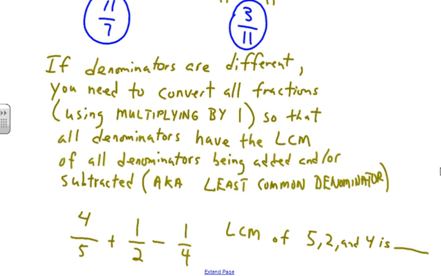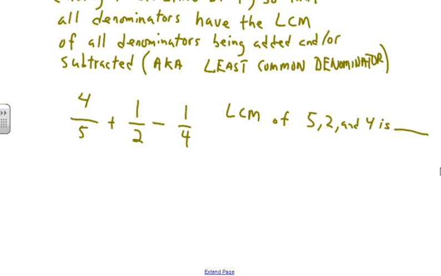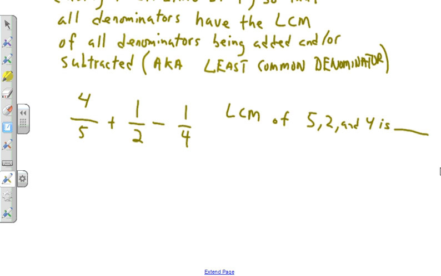So, I just did one arithmetic problem here. So 4/5 plus 1/2 minus 1/4. So first thing we need to consider, what is the least common multiple? What's the smallest number that 5, 2, and 4 all multiply to reach? 20, right? Okay. So we've got 4/5 plus 1/2 minus